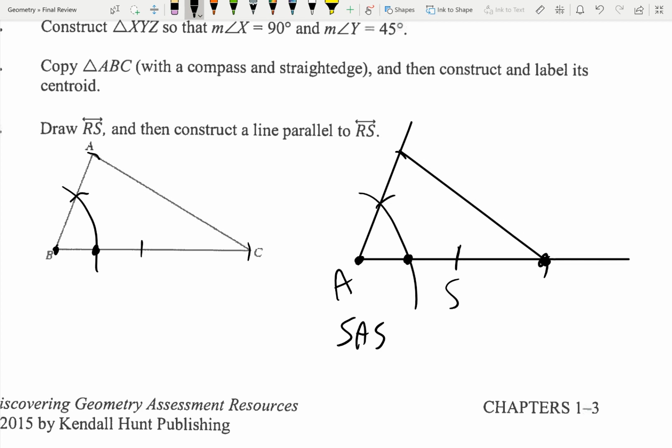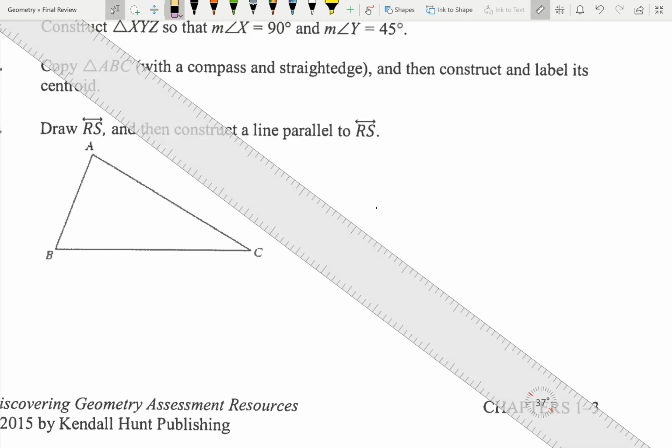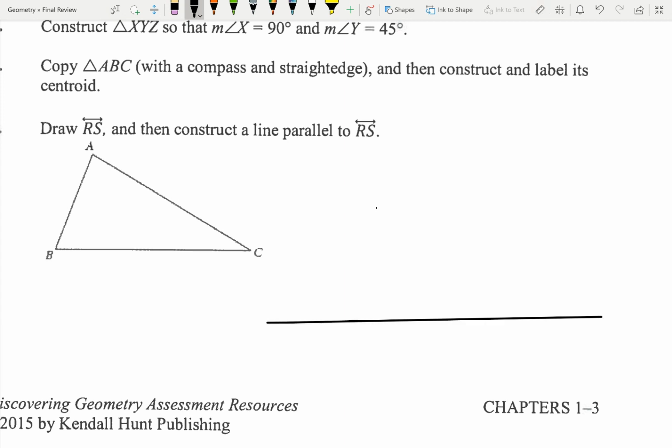There you go. So that's the third one. The fourth one says, draw RS and construct a line parallel to RS. And I really like this one because it kind of goes over the converse of the parallel lines conjecture. So if I have a line here, and I have R, and I have S. And if I construct a line parallel to RS, that means that